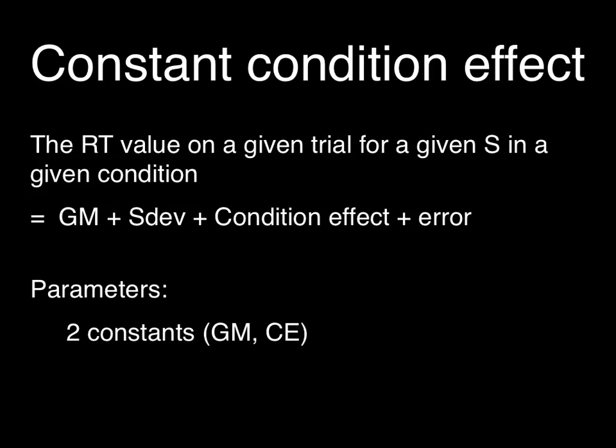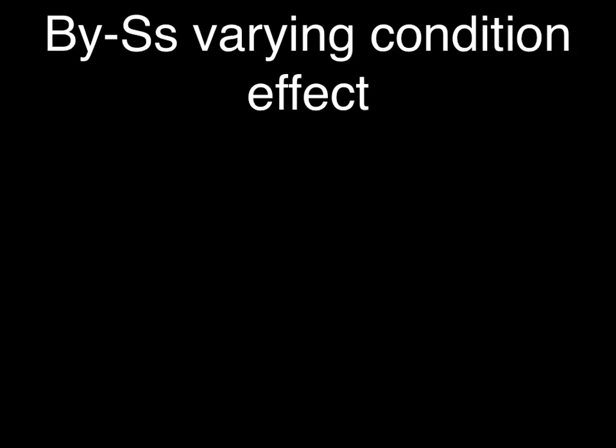And the parameters of this model, we've got 2 constants. We've got the grand mean and this condition effect. And we've got 2 variances, the error variance and the subject's deviation from the grand mean variance. That's a very simple